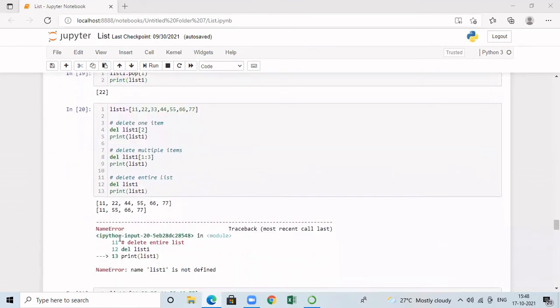Now let's see how to remove the elements with the help of del keyword. Let me initialize a list with totally 7 items as given here. Now I am going to remove one item at a time from the list by means of the del keyword. So for this, del keyword is used, followed by which element has to be deleted. Now I want to delete the element present at the index 2. So I'm specifying list1[2]. So that means 33 will be deleted from the list. When I print the remaining elements in the list, I am getting the list without 33.